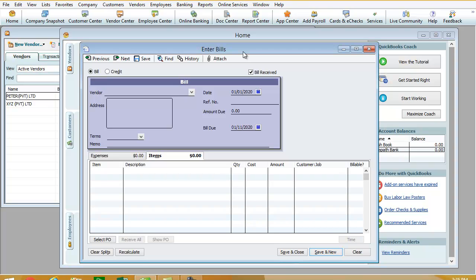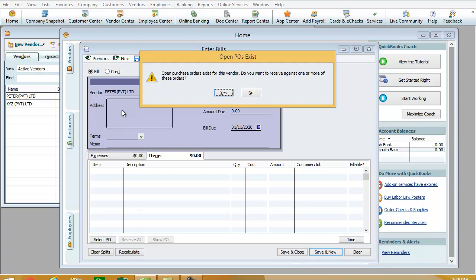Okay, we can click the vendor. We have made two more orders to different suppliers, so we know from whom we are going to receive the item. We have to select the supplier, click Peter Private Limited.